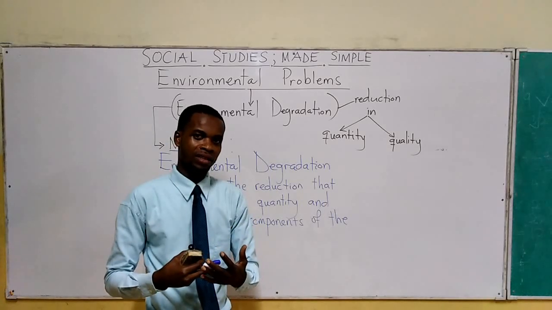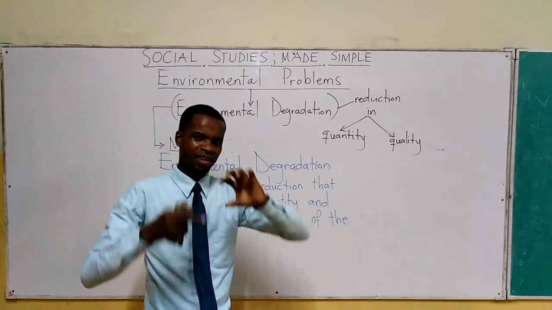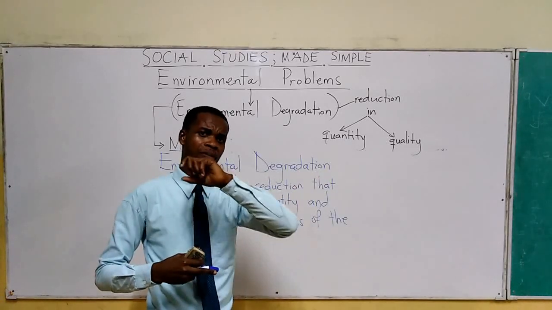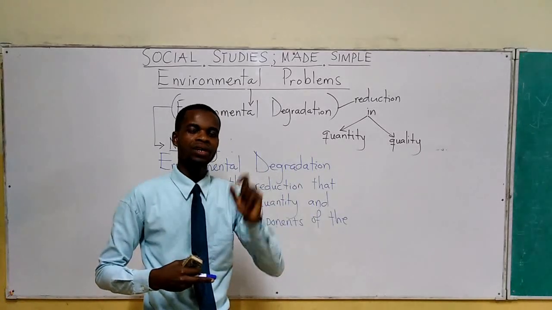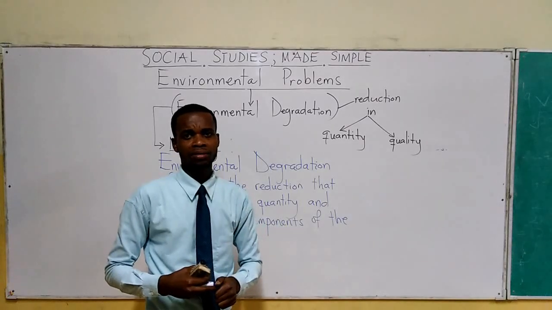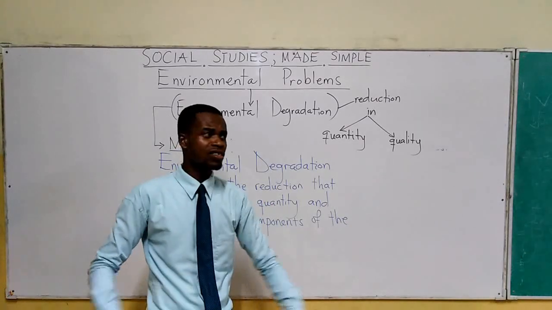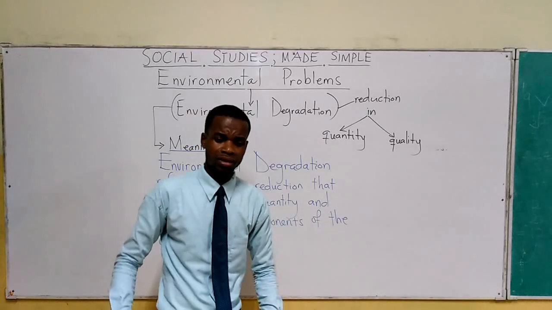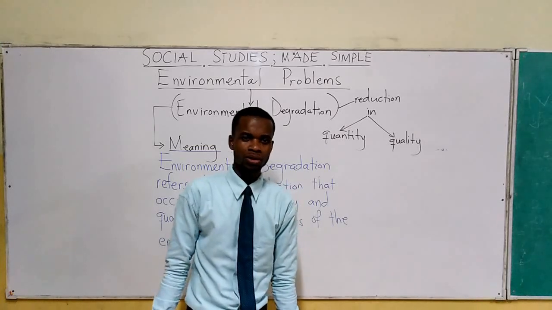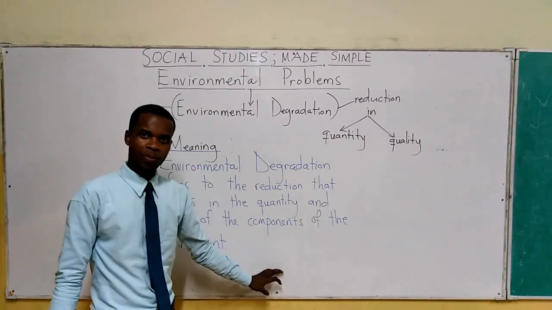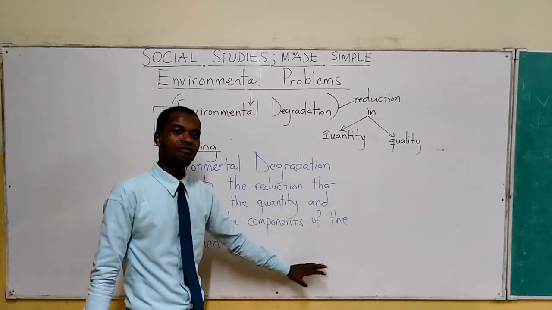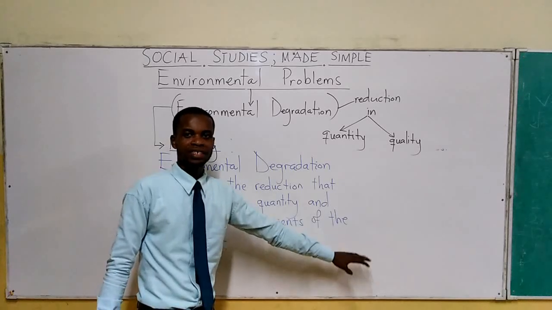Social studies will be looking at air as a major component of the earth, and I hope you agree. We will consider water as one of the major components. These are basic to human life, and we need them at all times. And then we have land, since almost every activity of man takes place on the land. Do you agree with me? Good. Now, so we can say that there are 3 forms of environmental degradation.